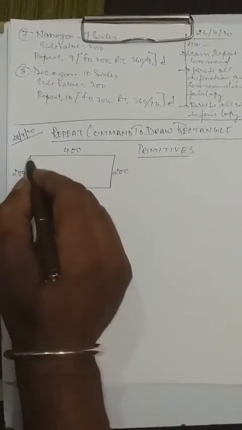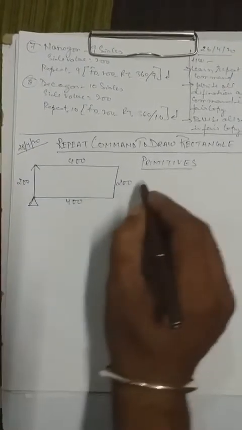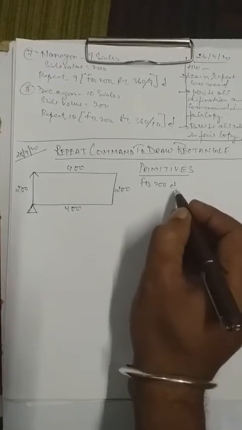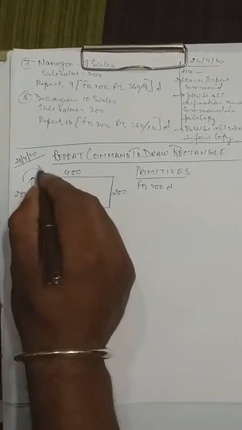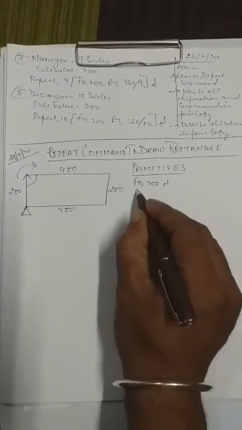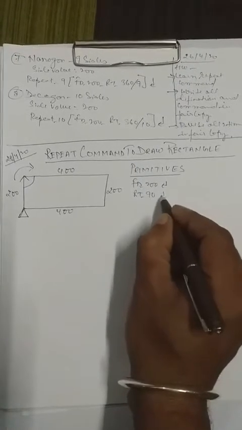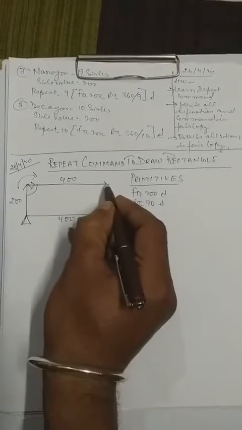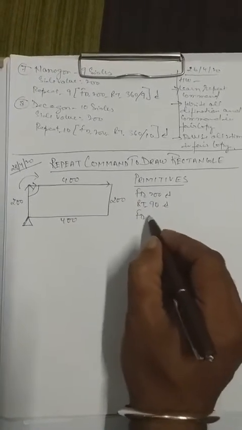Your turtle will go straight till here. So you will write FD 200. This is the enter key. Then you will turn your turtle clockwise, a quarter turn. So you will write here RT 90. Now your turtle came to the right side. Then you will go this side to draw a 400 step line. So you will write FD 400.